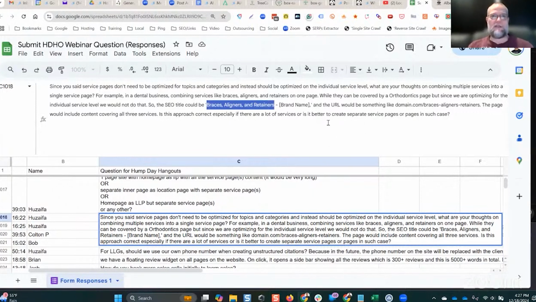If that's clear. So that's why I said it all depends on the actual site, and there are a lot of hypothetical questions, Huzaifa. So I don't like to answer hypothetical questions. It's better if we have a real world example to look at. But as I said, it depends on the type of site, how many top level services they have and supporting services and all of that.